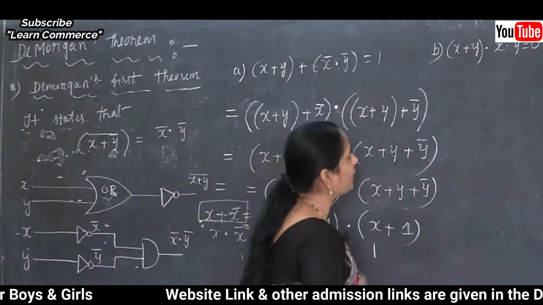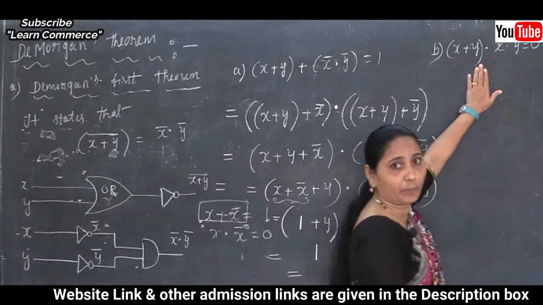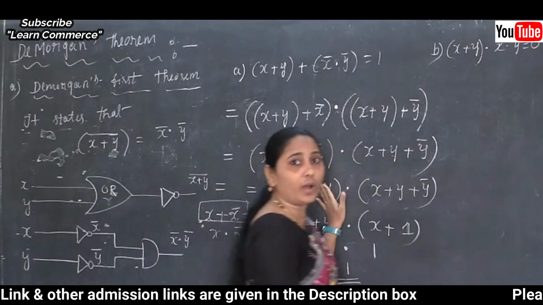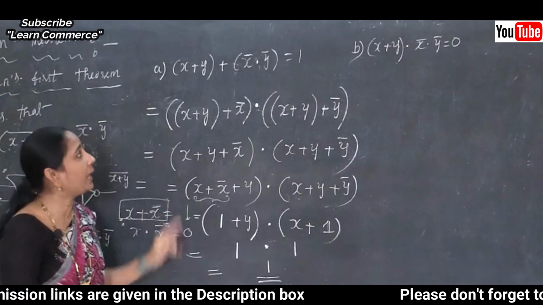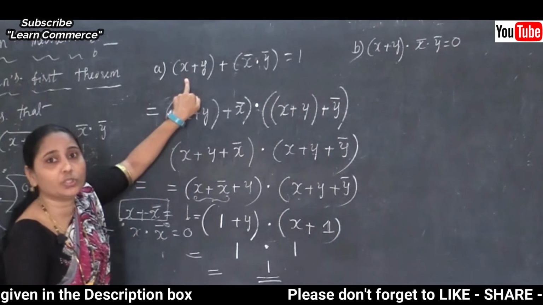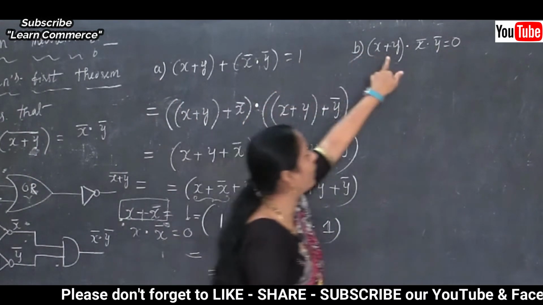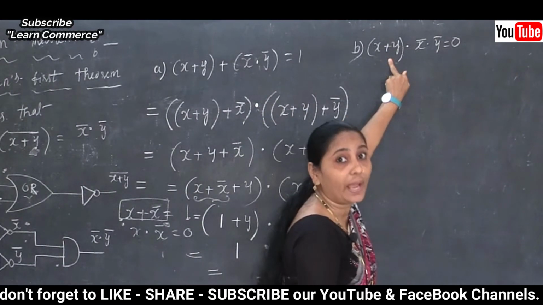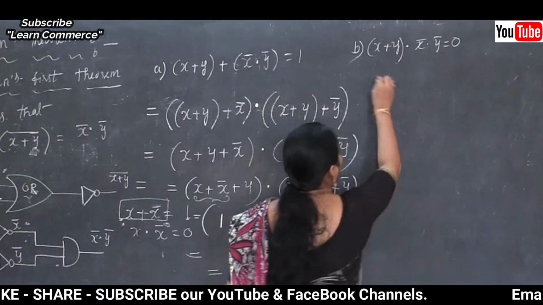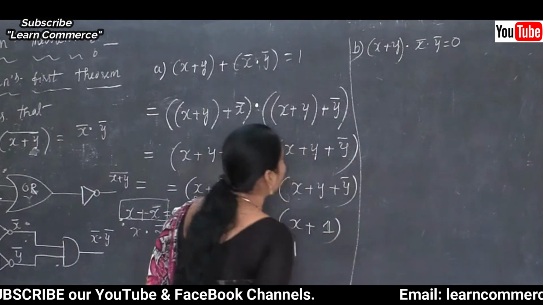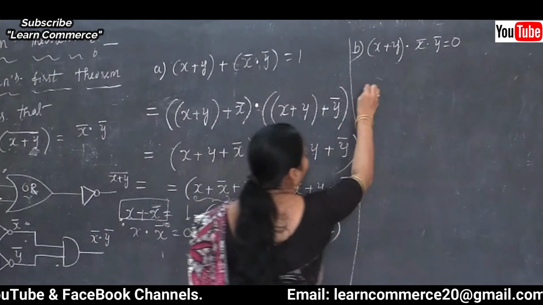Now we are going to prove the next theorem. Clear this point here? Why? Because in the first theorem, two options are there. We know that x plus complement of x is equal to 1, and the next one, x and complement of x is equal to 0. So before going to prove,